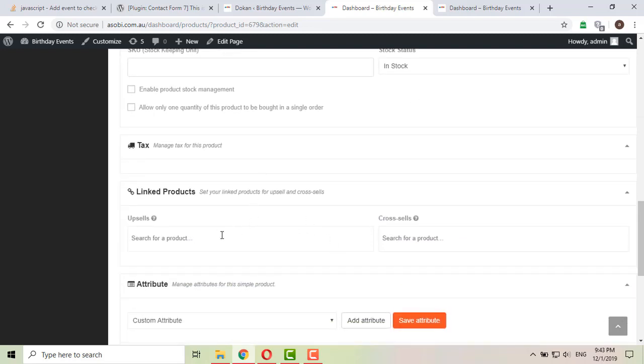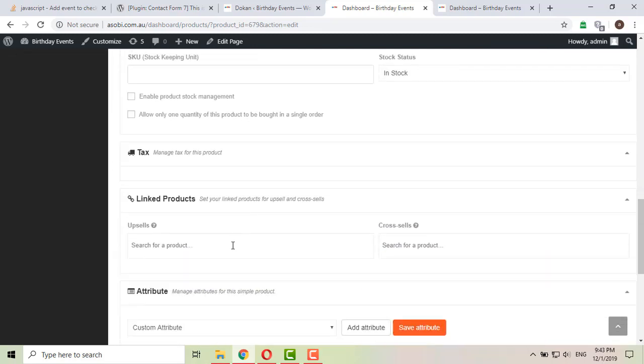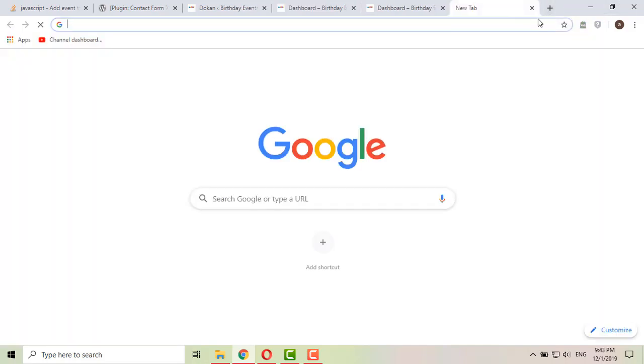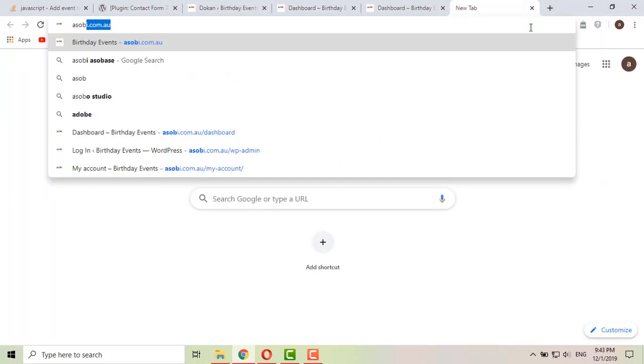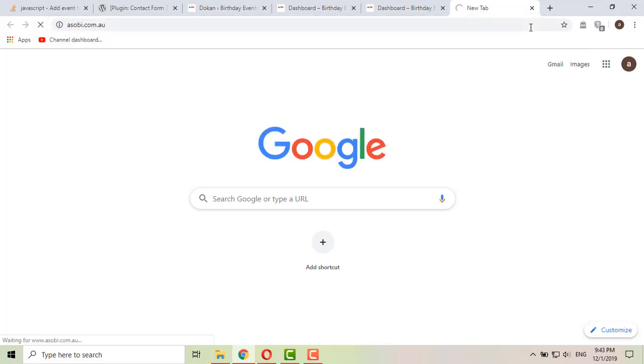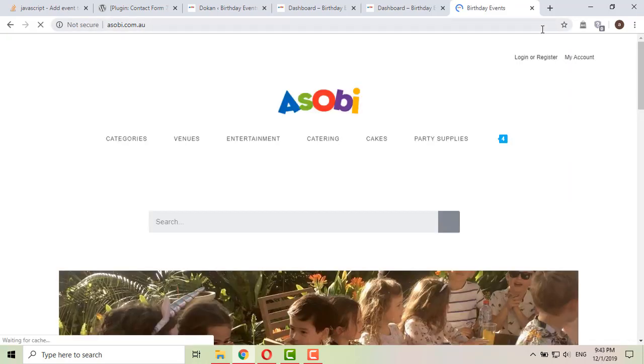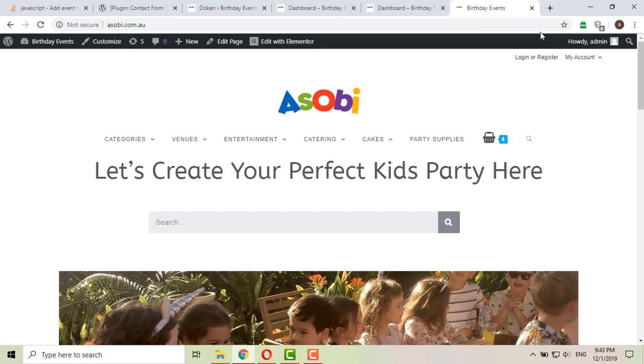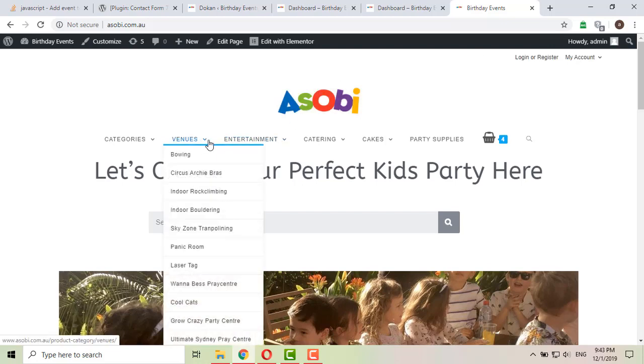Upsell, you can also link some other products to this product. Whenever someone goes to the product page, these linked products or upsell products will show there.